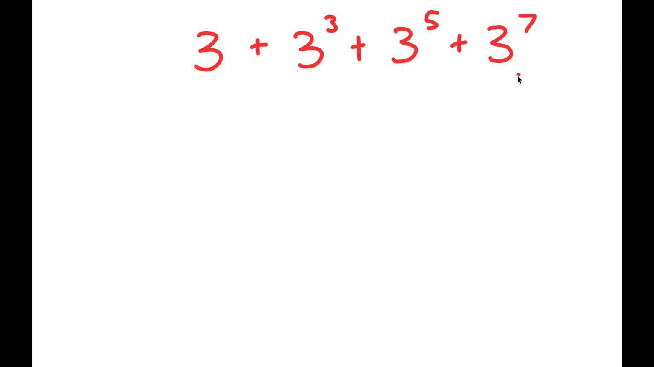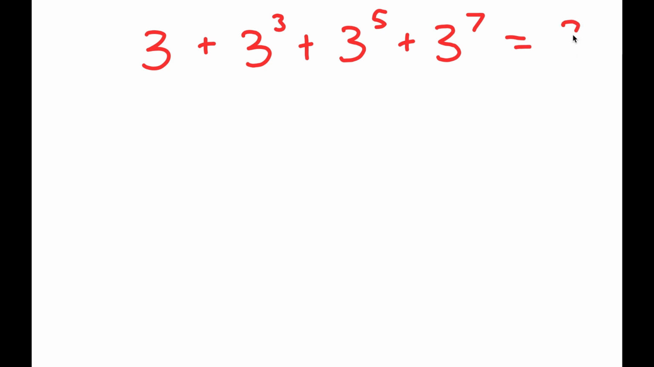Alright, so in this problem, I have 3 plus 3 to the power of 3 plus 3 to the power of 5 plus 3 to the power of 7. So I want to find the value of this. So to solve this,